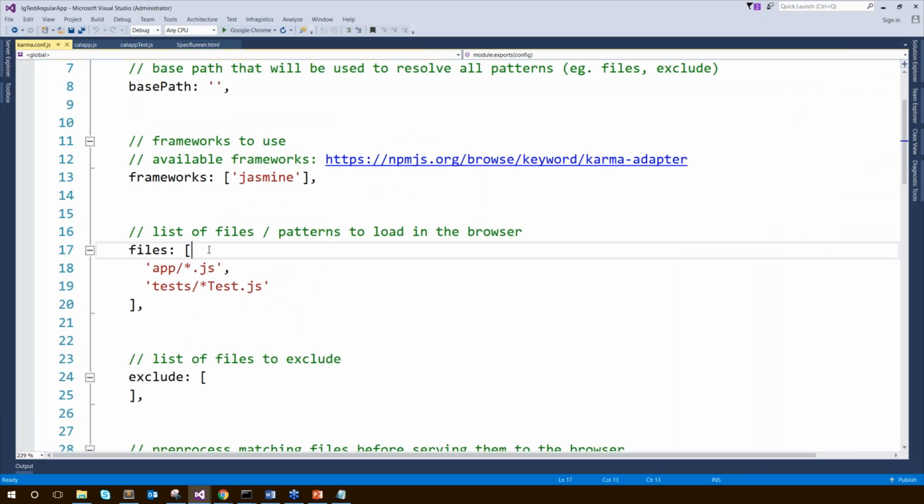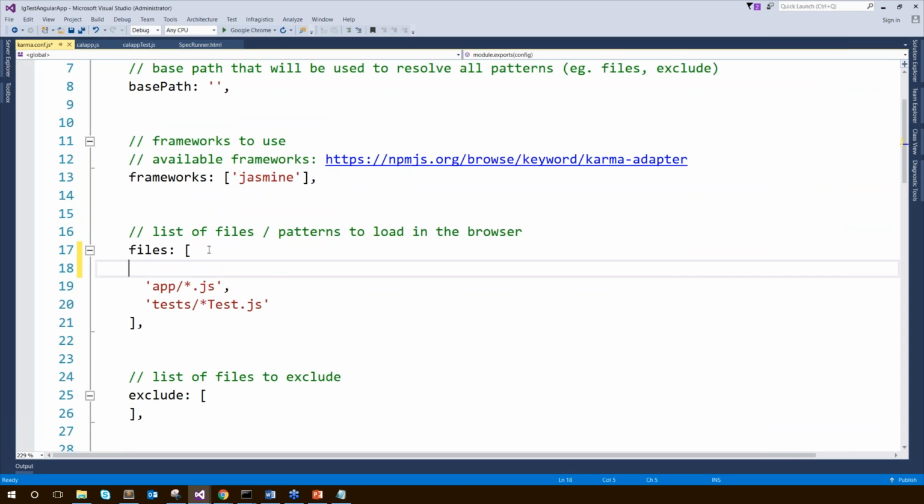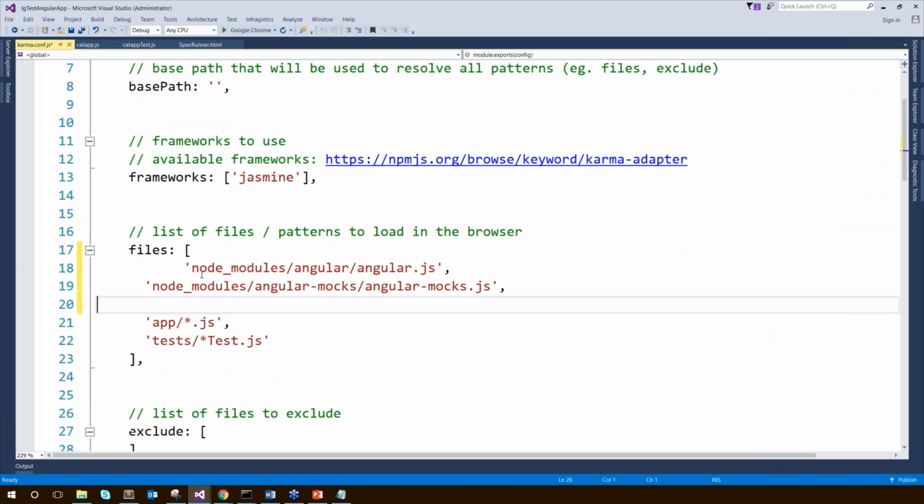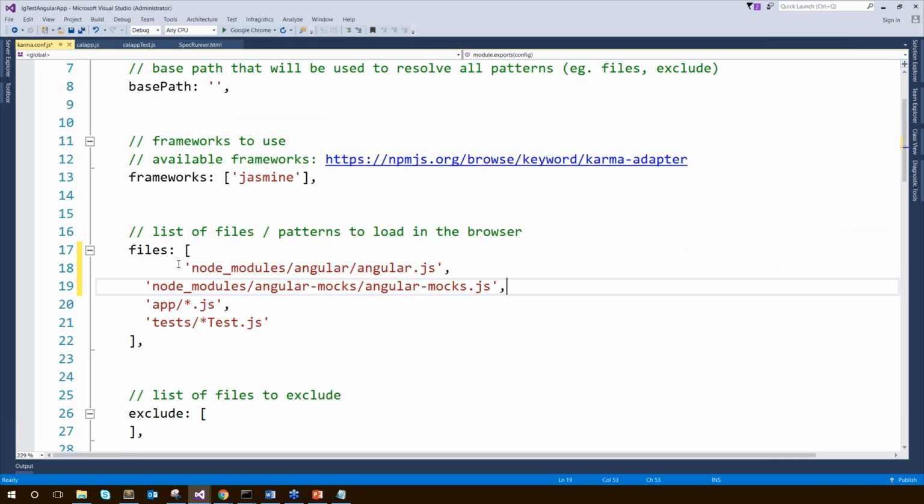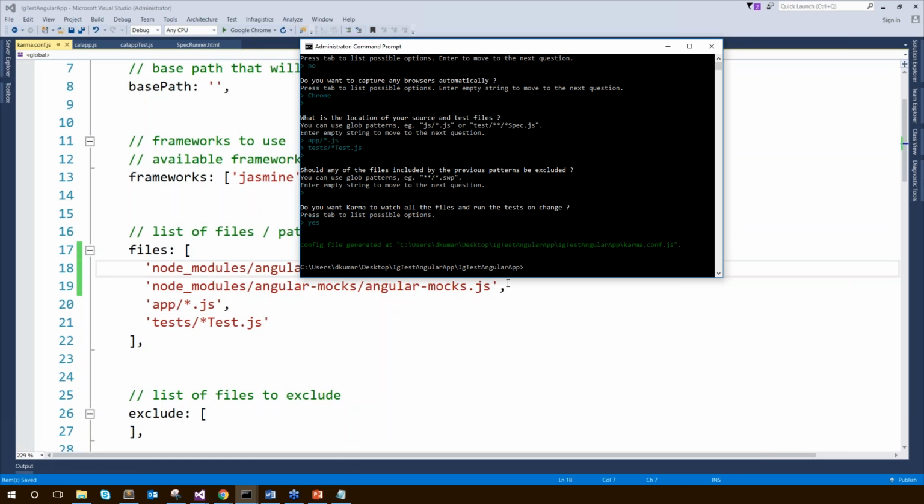Also, we need to configure Angular here, and we need to give information about Angular. So what we'll do is come back here and say that before your application files, go and read angular.js from the Angular folder and angular.mock.js from the Angular mocks folder. Once this is done, we are good to go and start running our application tests in the browser using